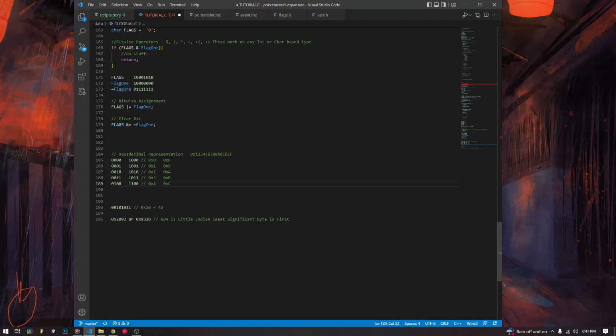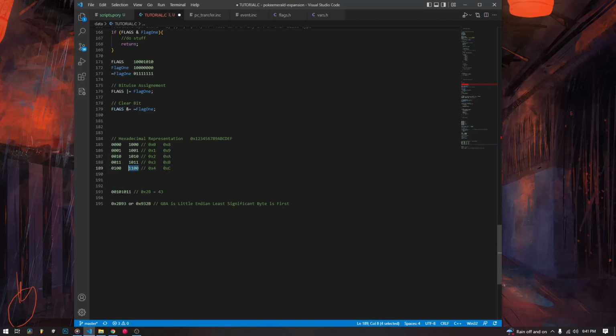Down, and we get to 8, 9, but then we go to 10 here, because this is the 2 to the first spot and the 2 to the third spot, which is 8 plus 2 is 10. So 10 is 0xa. And that's exactly what we said here when we were going through up to 9 and then 10. And then this is 11, B, 12, C, etc., all the way down with the different binary representation. So if we were to take an 8-bit binary number and we wanted to represent it in hexadecimal,